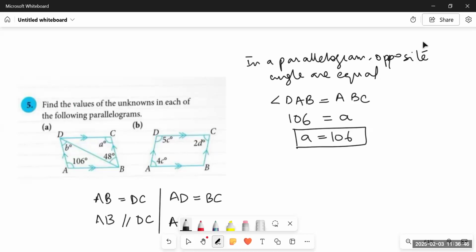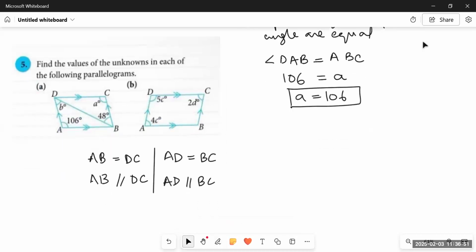And then we have to find out angle B, which is 48 degrees. How? Remember, in a parallelogram, the opposite angles are equal to each other. If a diagonal cuts two opposite angles, they bisect each other. What does it mean? It means if there are two diagonal lines from both the sides, like if we had this diagonal line as well, these two sides would be equal to each other. Similarly, these two sides would be equal to each other.